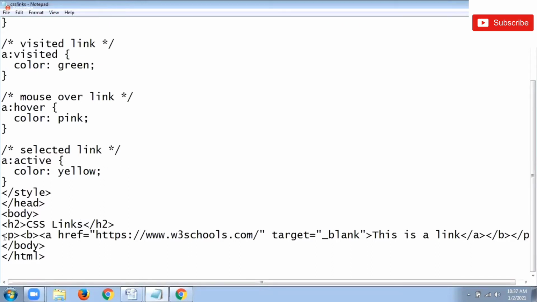That's why here I used the paragraph element, and one more, I changed the font style to bold.